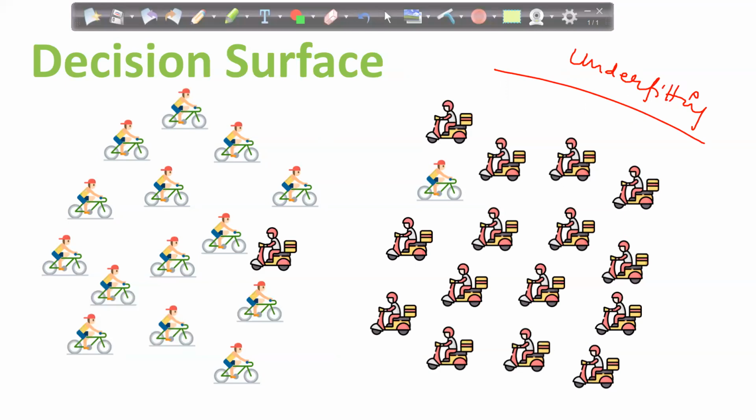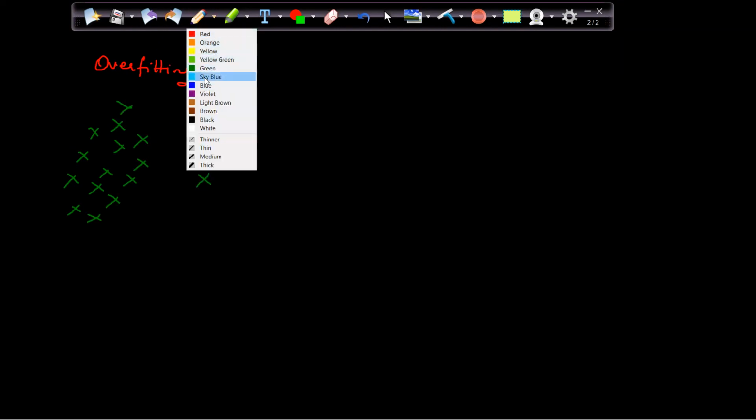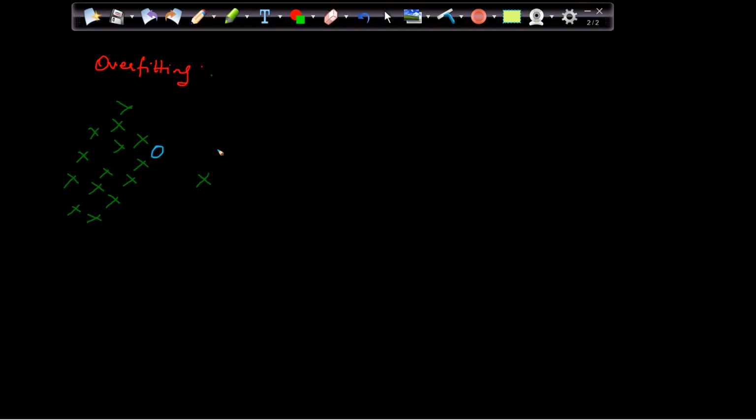Right? So basically, three scenarios come up. The first scenario is overfitting. Let's say this is my data set. I'll create some quick data sets here. This is my data set.